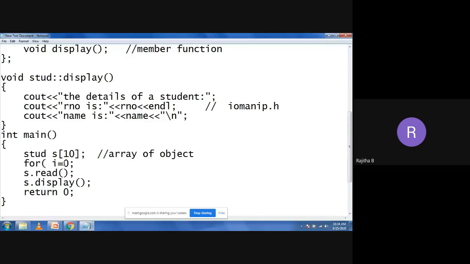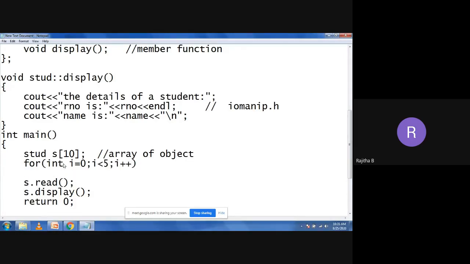So here, directly in the for loop, I am taking the declaration of my I variable. Is this clear, everyone? Yes, ma'am. So at any place, you can declare the variable. That is the advantage of your C++. So I am taking the declaration in the for loop, int I equal to 0, and the conditional statement I less than 5, I plus plus.